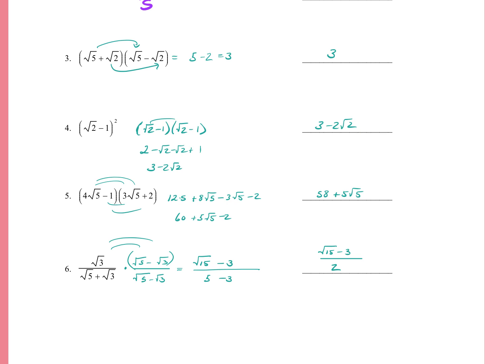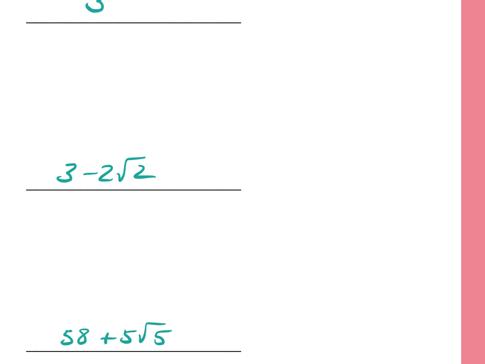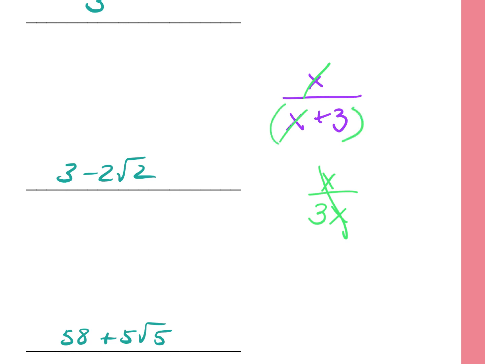Yep. For 6, why can't you just cross out the...? So think about your rules of simplifying with variables. If I had something like this, can I cancel this? You can't. If it's multiplication, you can. If it's x over 3x, you can. But if it's addition or subtraction, it's like protected. You can't cross it out unless you can cross out the exact same. So if it was x plus 3 in the top, x plus 3 in the bottom, now I can cancel